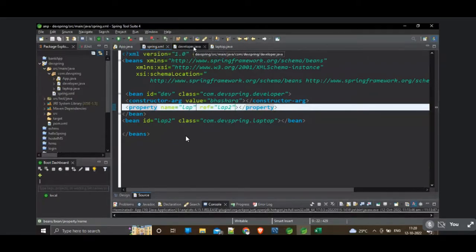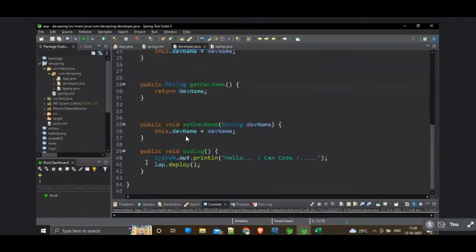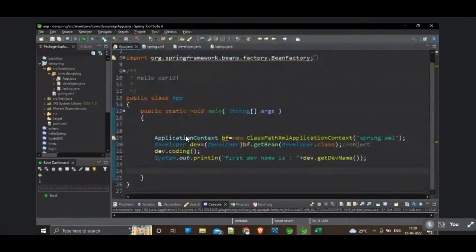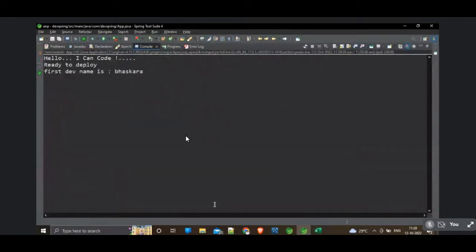If we have a laptop object, then we can happily call the deploy method. By using the object of the laptop, we can call the deploy method. Lap has the object of laptop because we performed setter injection. Now you can run the code and you will get the output. We got the output. Ready to deploy is coming from the laptop class. This is how we have to perform the